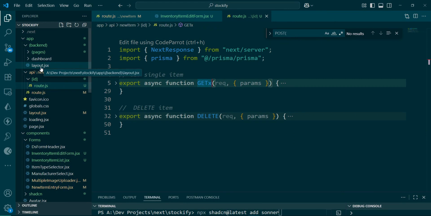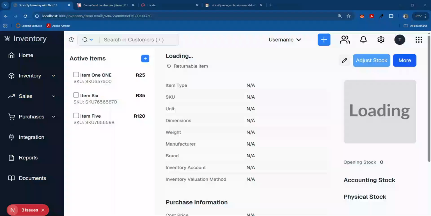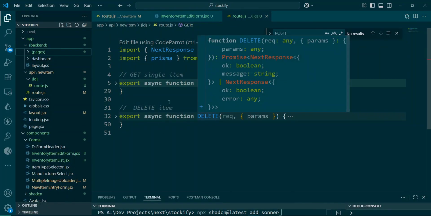If I go to item details, this get route handler is what is responsible for the data here, the individual data on the details. Okay, so